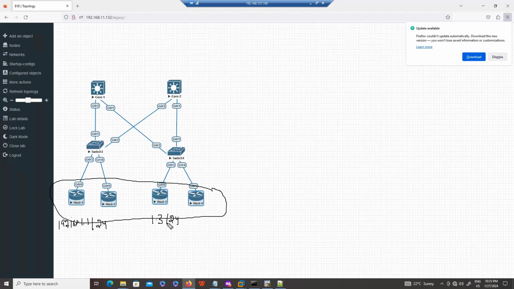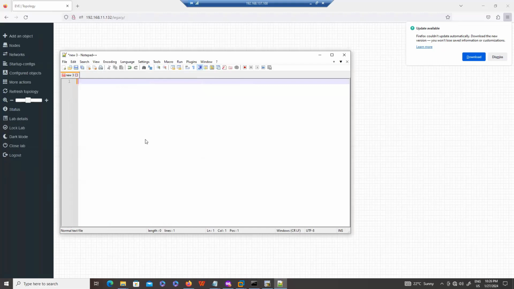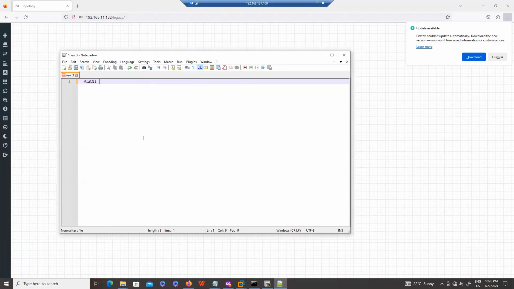The point is, right now, as you know, switches by default are sharing the same broadcast domain, which is VLAN 1. In that case, you will use the same IP schema. In CCNA you study how we use the design: every VLAN is basically equivalent to a subnet. Let's say we have VLAN 1, and for VLAN 1 we are using the subnet 1.0/24. That means all my PCs are in this subnet.